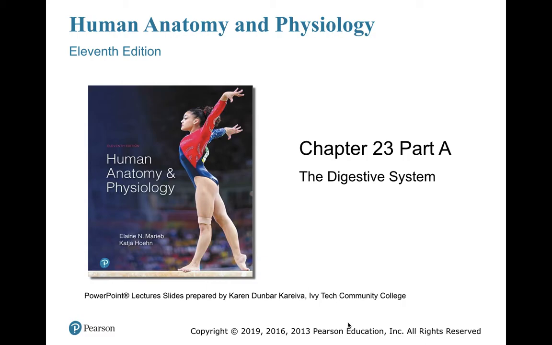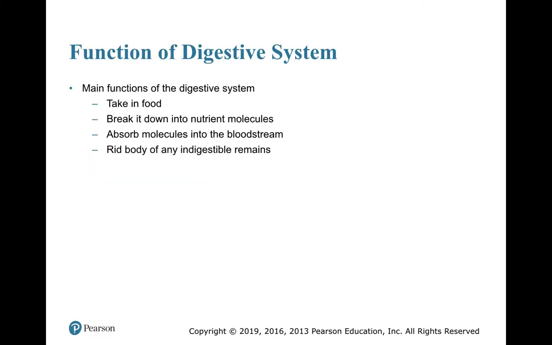3, the digestive system. The function of the digestive system is to take in food and break it down into nutrient molecules. Then those nutrient molecules have to be absorbed into the bloodstream. And then we also, as you know, generate waste in the digestive system, but this is not waste that we've made inside our body. This is the materials that we didn't use during digestion, and those are removed by the